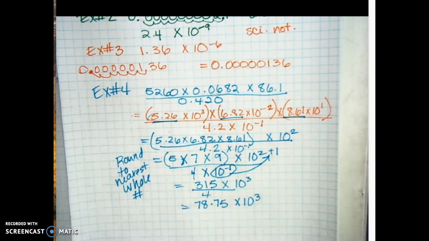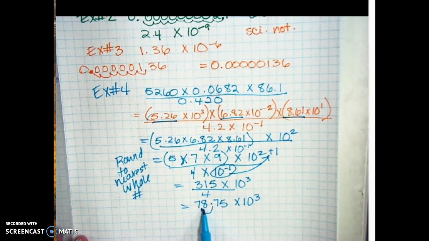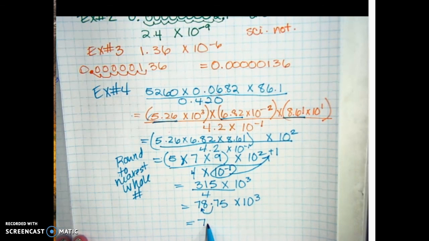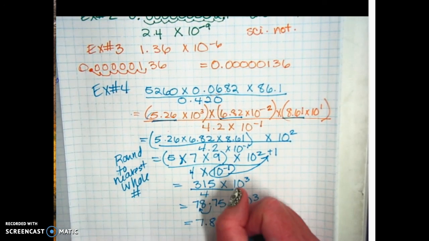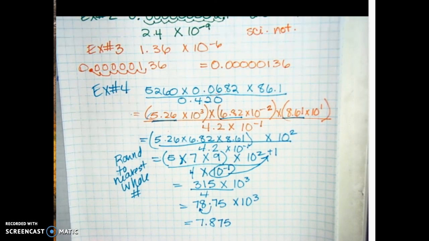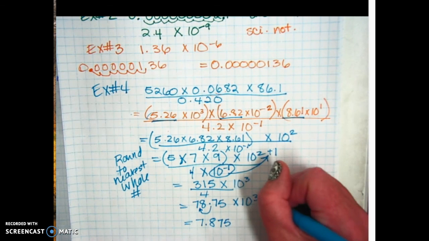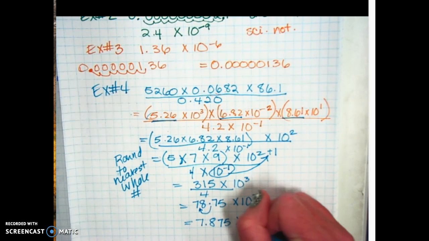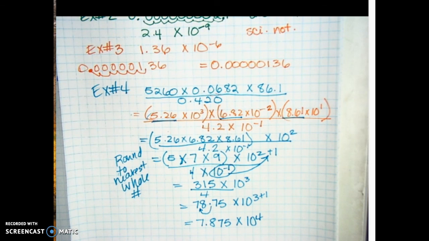But if you want your final answer in scientific notation, this is technically not in scientific notation, you see that? You actually want that decimal right there. Okay, so you're going to say 7.875, and we moved it over 1 more, so we actually need to add 1 here, so this is times 10 to the fourth. So these get a little weird. You'll start off with all these easy problems in the book with